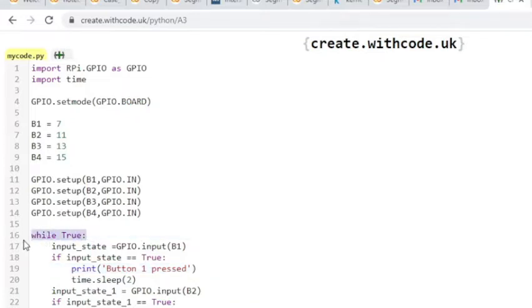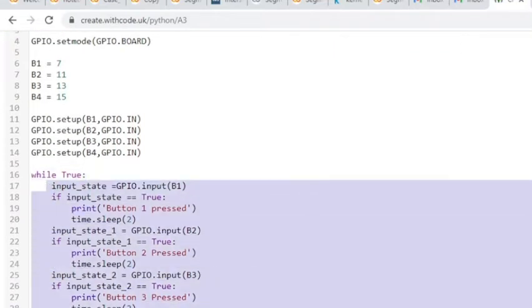Then this is an infinite loop, while true. After setting the direction, next we will simply read the status of this button, or you can say this port, right? So in this logic you can see the first line in this while true loop is input state equal to GPIO dot input in brackets B1. B1 is actually pin number 7,